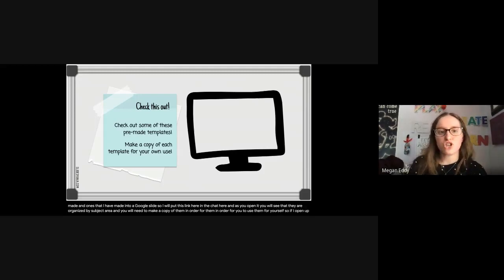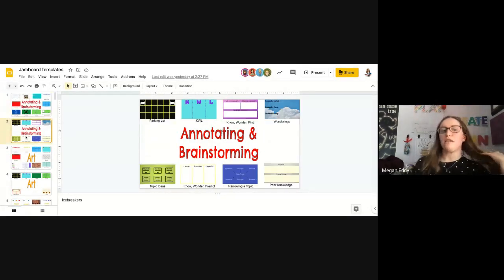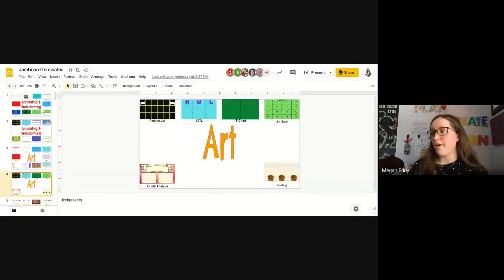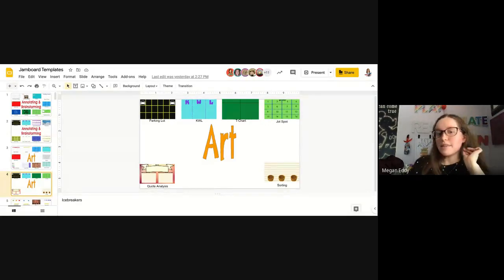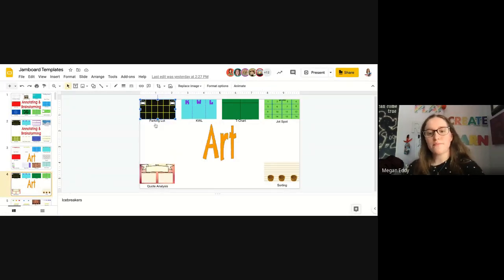So if I open up this Google slideshow, you'll see here that they are all split up by, so here the first one is annotating and brainstorming. Here's some different templates for art. Definitely, these are not the only templates that you could use for art. If you see something in another area that doesn't necessarily say it's art, you can use them anyways. But these are templates that a lot of them I have created, and then some I have used from other teachers. And when you click on them, you'll see, so if I click on this one here that is a parking lot,